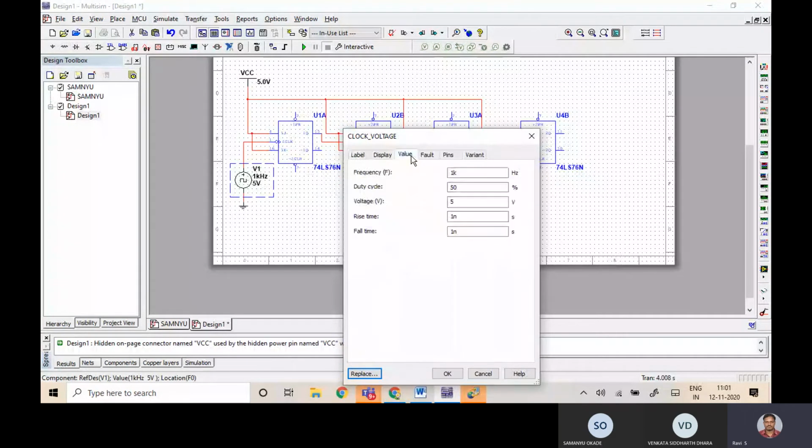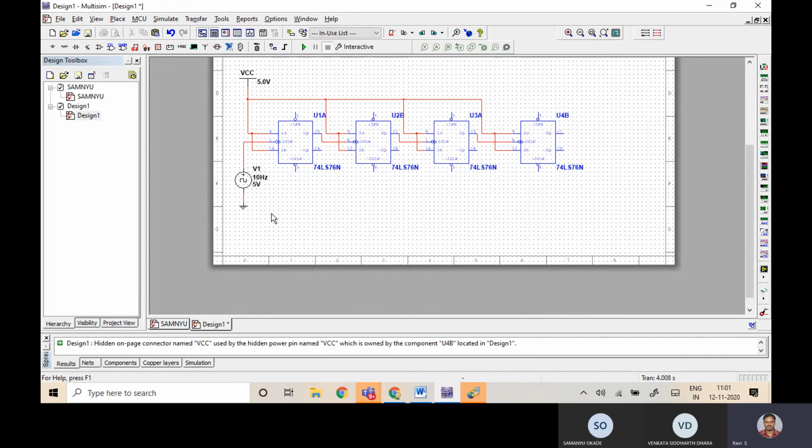Let me put 10 hertz. So the transition is 10 transitions per second. Any doubts, sir? No, sir. I mean, yes.